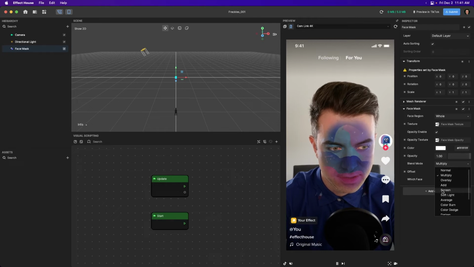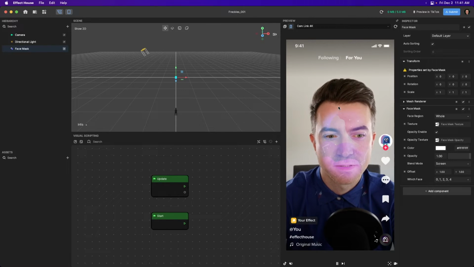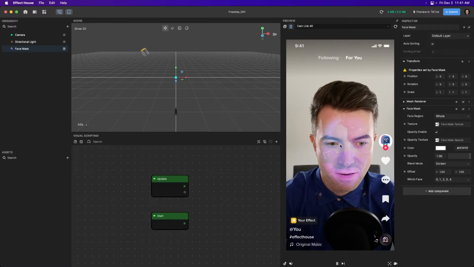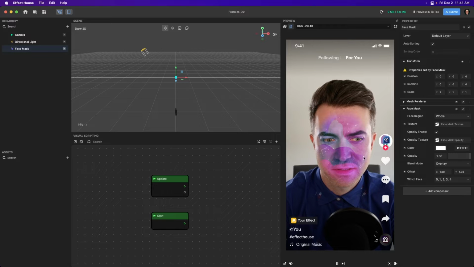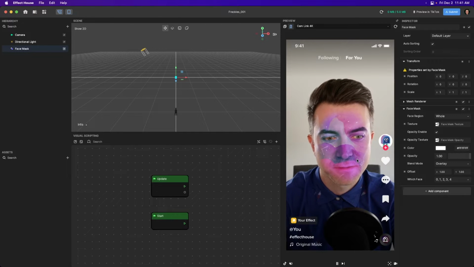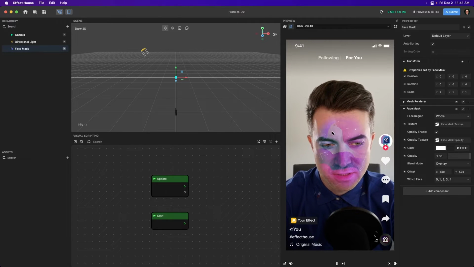And screen does the opposite, where it lightens. So you can see these lighter portions are a bit brighter. And overlay kind of does a little bit of both. It lightens and darkens. Now, in order to show how the mapping is done on this, I'm going to change the texture from this little default one